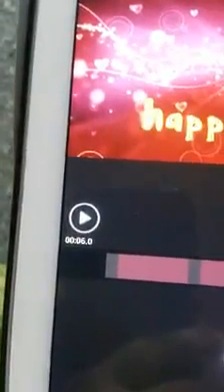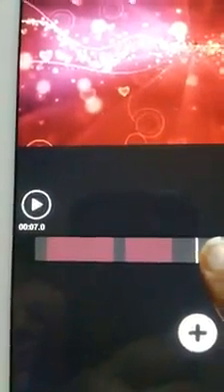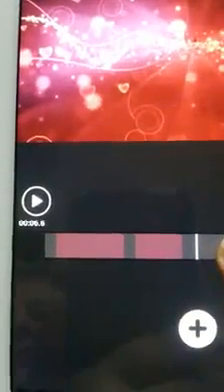Now this is at 6, and this is where the video text is getting over. I'll give 5 seconds, say I'm coming to 6.5. See here, it's 6.5 now. I positioned it there and I am pressing plus.